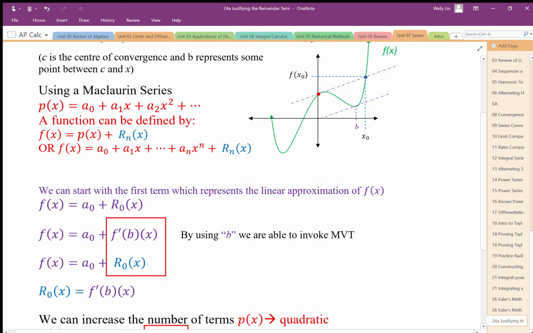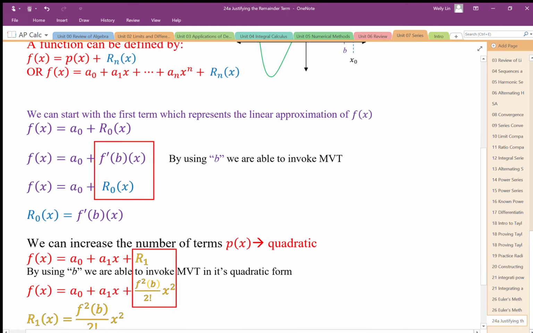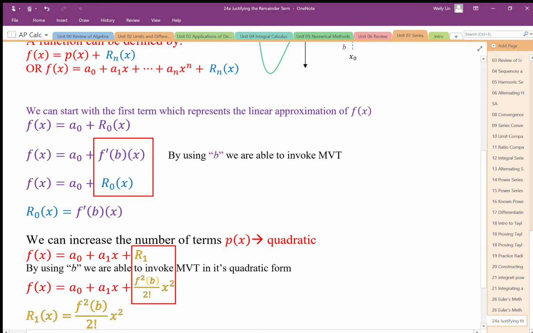So that's our linear approximation. Well, if we increase the number of terms, make it into a quadratic, we just add one more term to this. So our remainder is R1. It's going to be based on these first two terms. This then becomes essentially our quadratic. If we think of what that next term is going to be, this is going to be our